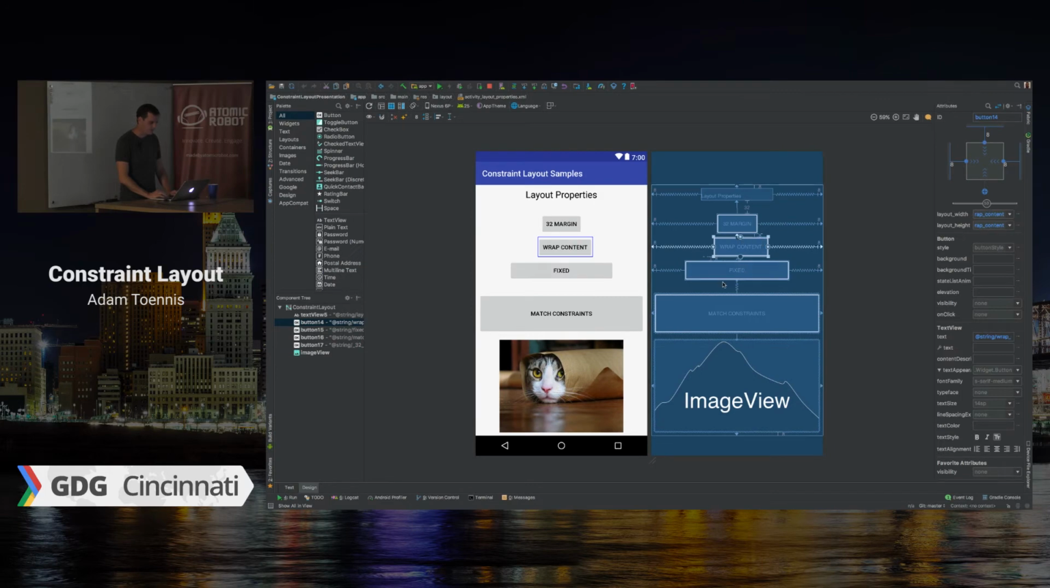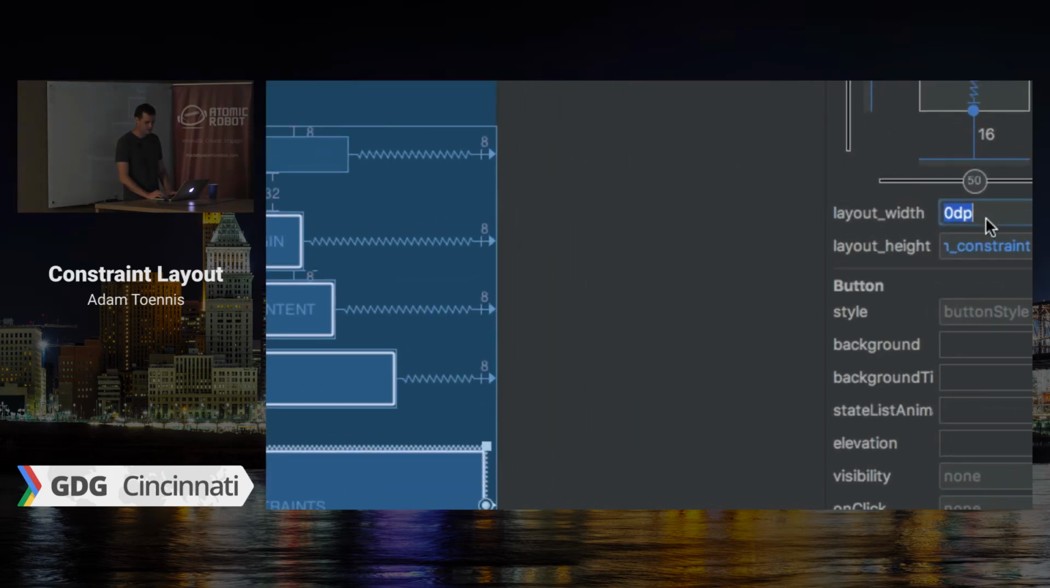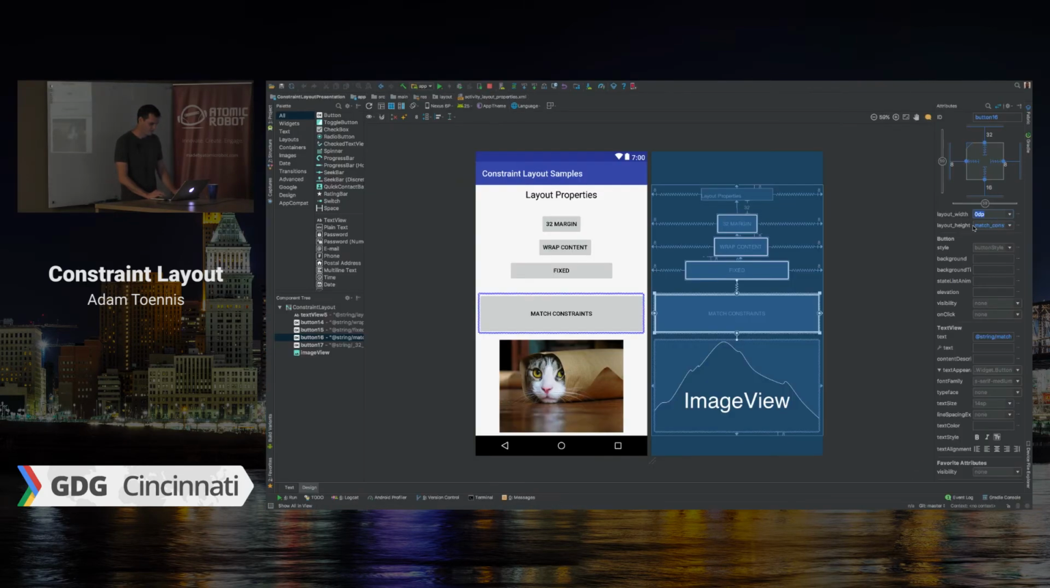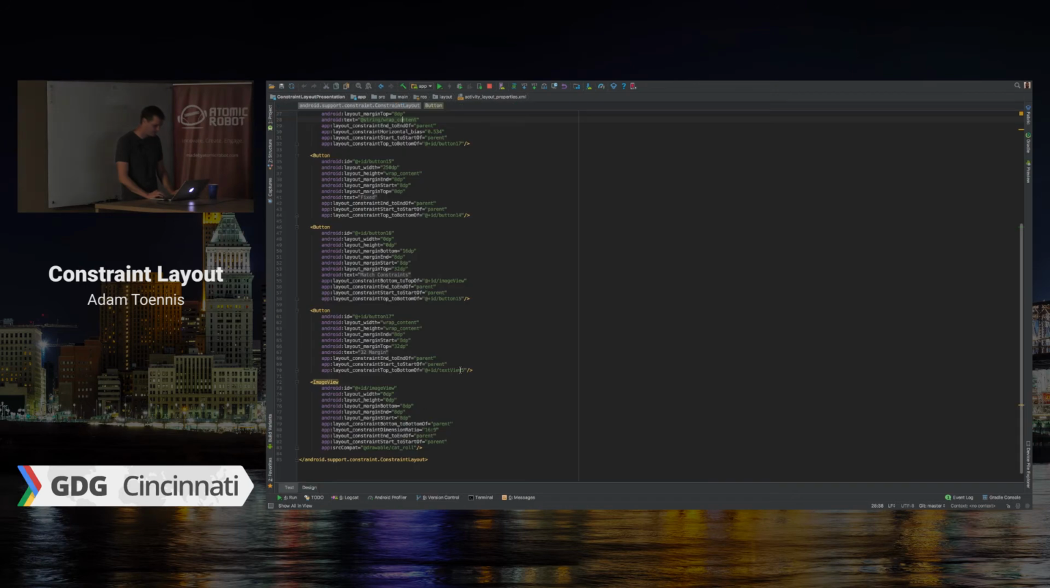This one's wrap content. Since the text is wrap content, all it needs to size itself is as big as that. This one is fixed, and so you can see the button's much larger, but I made the width 250 dp, so that's why it's taking up that much more size. And this one's match constraints. So you can see over here, like I was trying to show you, if you click in here, it might be hard to see, but when you click, it shows 0 dp. If you don't click, you can see it says match constraint. So you just click in there, and so it shows 0. If you go to the XML for that particular button,